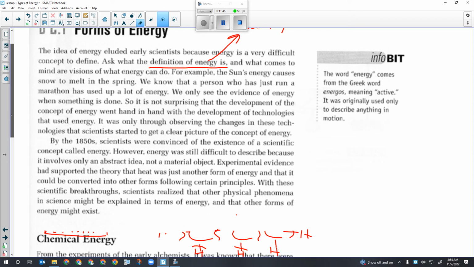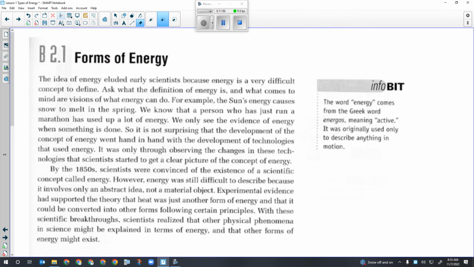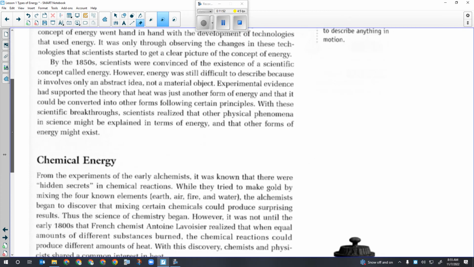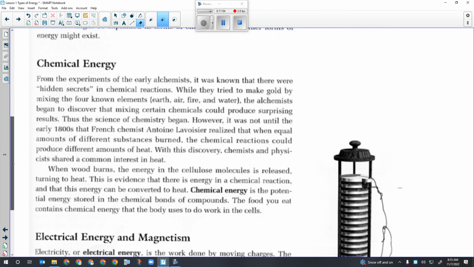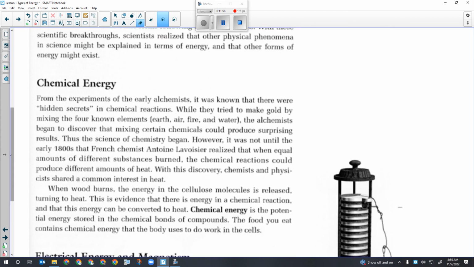All right, so what we're going to do is look at the different forms of energy that are present and kind of how they work. Chemical energy is the one we're going to do first because it's the one that basically society runs on, like it or not. The bulk of our electrical energy, heat energy, all of that stuff comes from converting chemical energy in some